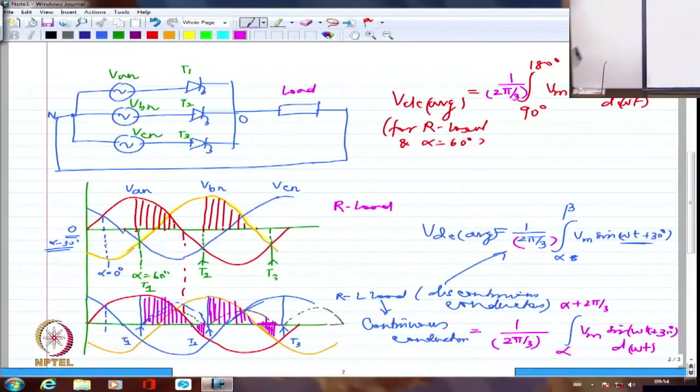I better specify the waveforms properly. We will encounter this once again for fully controlled converter, that is a bridge converter for 3-phase, which we are going to now next take up, and there it should become even clearer. Right? So if you derive this, in all probability, I don't remember the expression, although I have used 3-phase fully controlled converter quite a bit, not this, so I don't remember it. I think it should be 3 Vm by 2 pi cos alpha, probably. That is what I remember. But you might like to check it up.